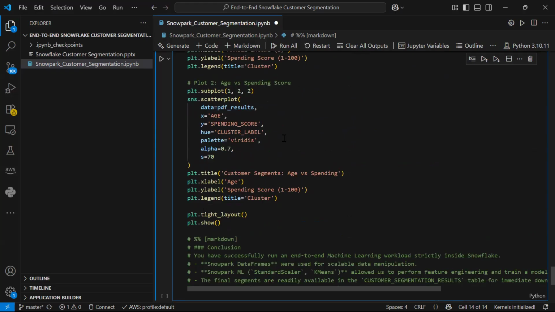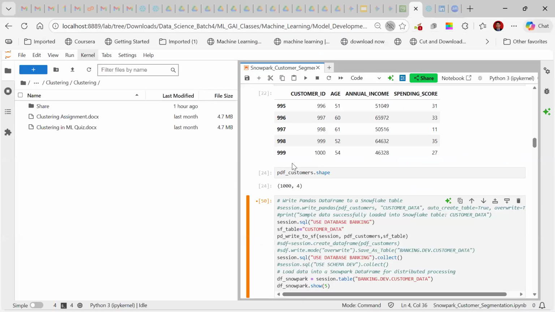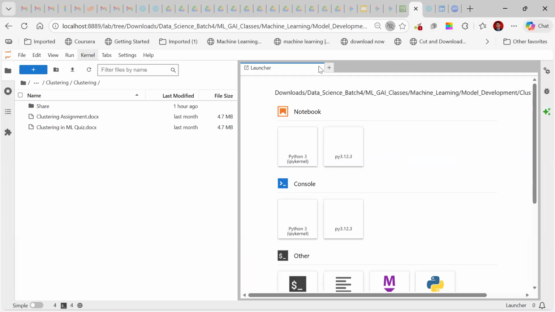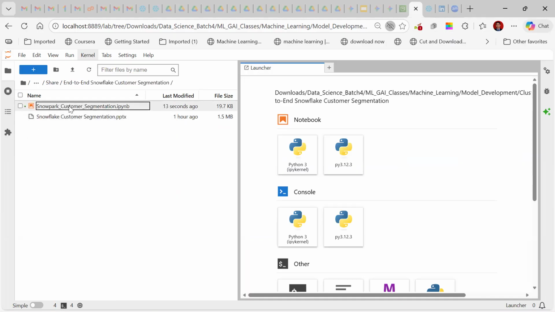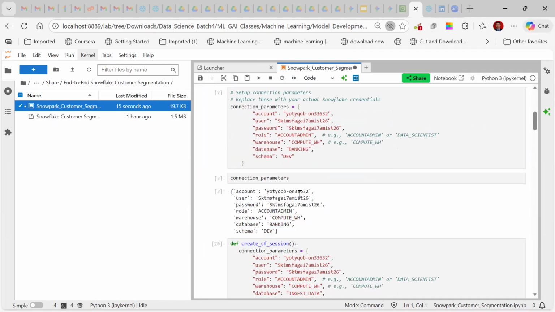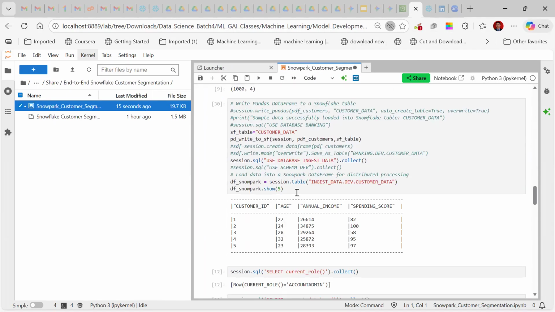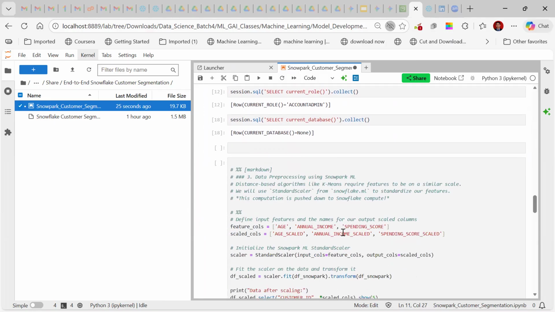So now I saved it. So we are able to see that.